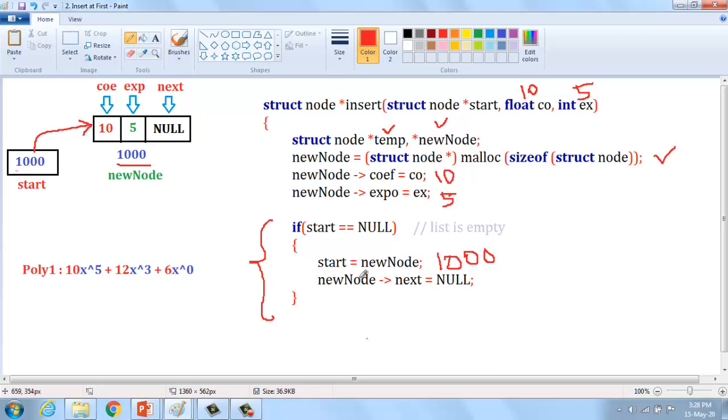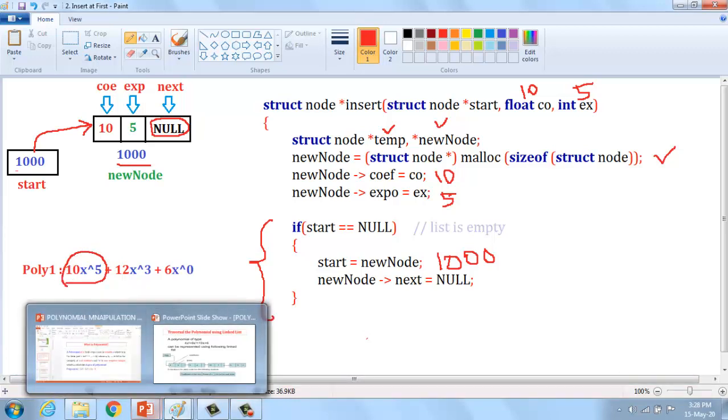We have created a link, and after that new node next equal to null. What is new node next? This is the new node, and next is null, because only one element is inserted into the list. Could you understand? The first element, 10 x power 5, is created successfully in the linked list.